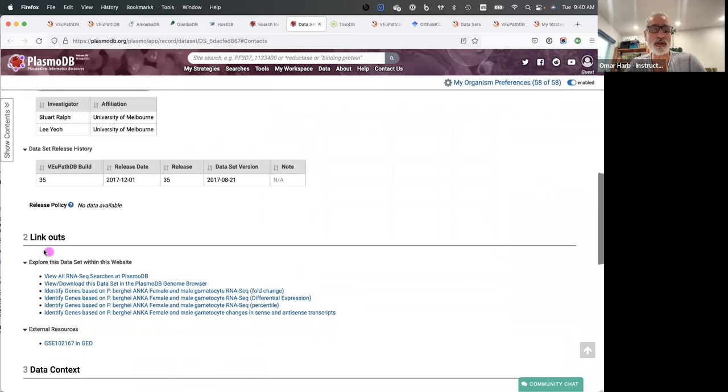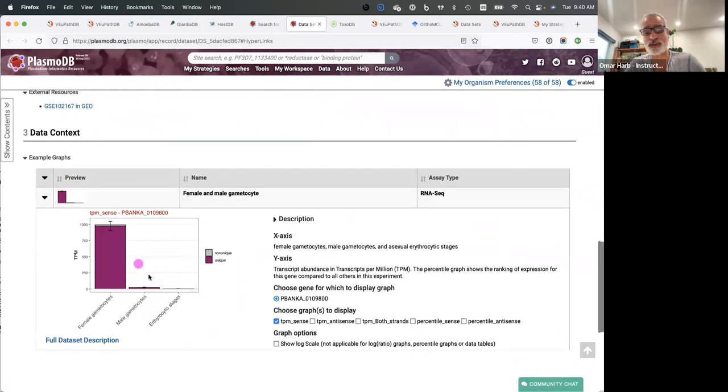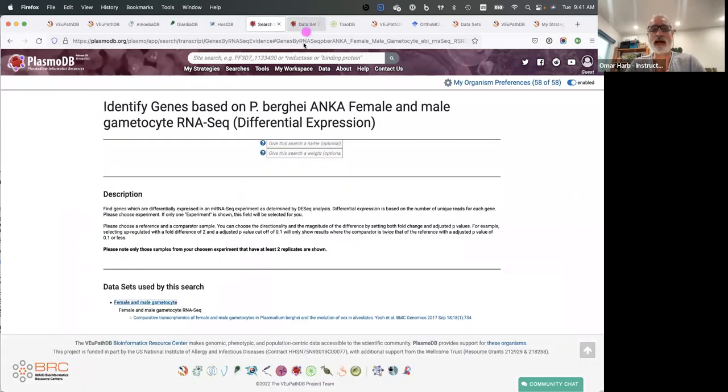As you scroll down, you'll see a link to all the searches that are available, and if available, we have the link to the repository where this data came from and an example gene that has expression from this particular experiment. In this case, this gene is super highly expressed in female gametocytes, at least differentially expressed compared to the other stages. Okay, so back to the search,